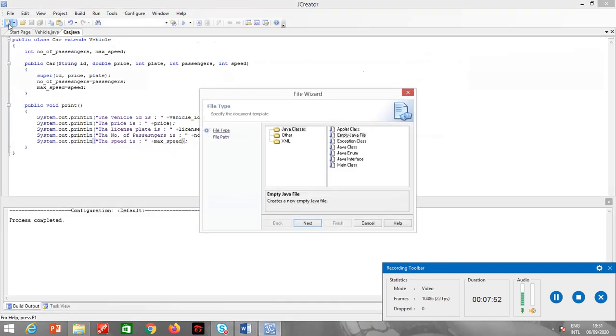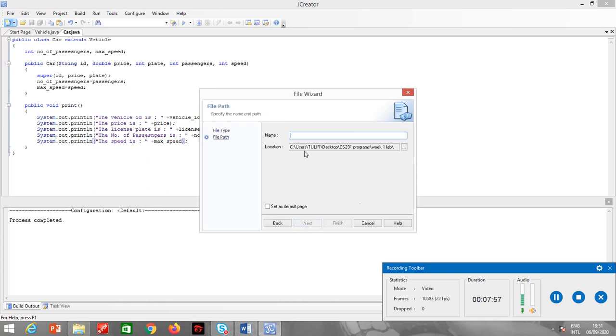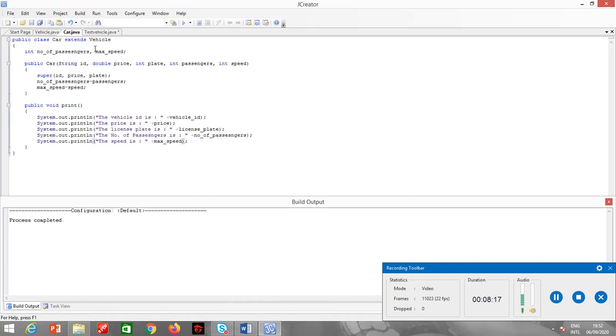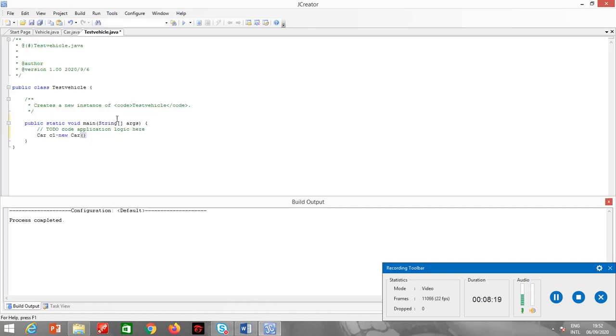Alright, so now we will write the test class, main class, test vehicle. Okay, so I will create an instance of the child class car, C1 is equals to new car. I need to pass 5 parameters. First is string ID, Toyota maybe.